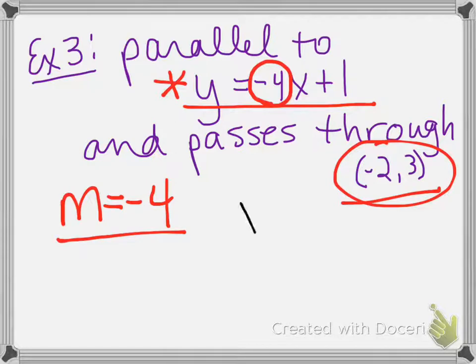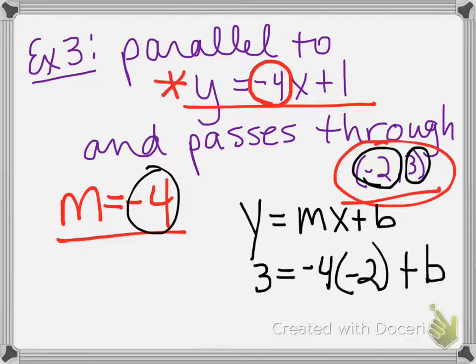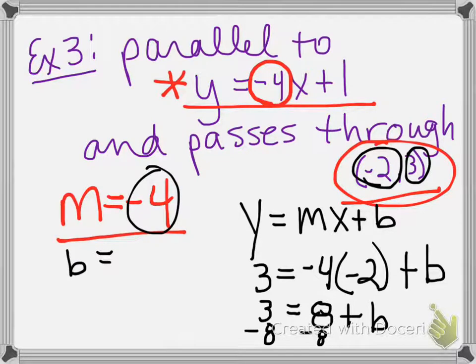So I'm going to say y equals mx plus b. And now I'm going to plug in the things I know. I know that y is 3. I know that m is negative 4. I know that x is negative 2. And I do not know b. That's what I'm trying to figure out. So 3 equals 8 plus b. And if I subtract 8 from both sides, then my b is going to be 3 minus 8,